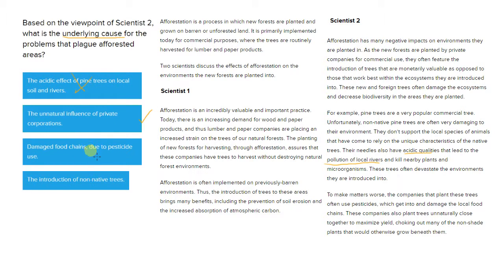Damaged food chains due to pesticide use. So it does talk about pesticides here in the third paragraph, but once again, this is an effect. This is a problem that is caused by the unnatural influence of private corporations, which is answer choice B, and